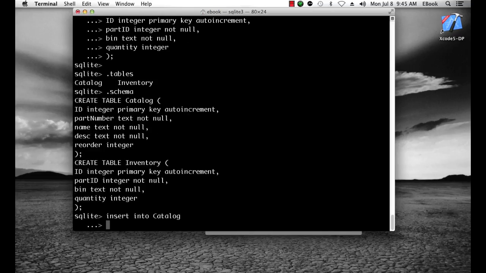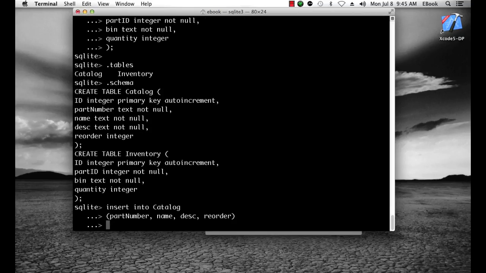and then I want to put my fields that I'm going to insert into. So part number, name, description, and reorder, and then I'm going to say the values that I'm going to put into those fields. The first three are strings. They're text fields. So values,